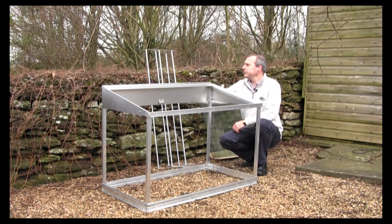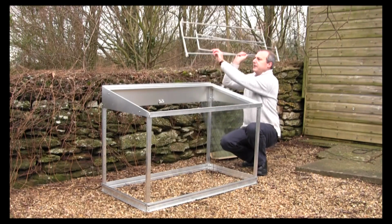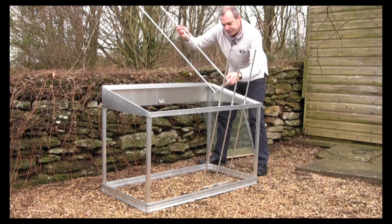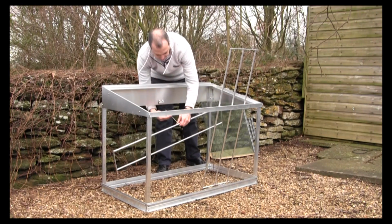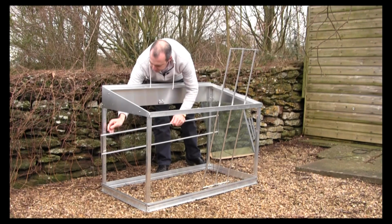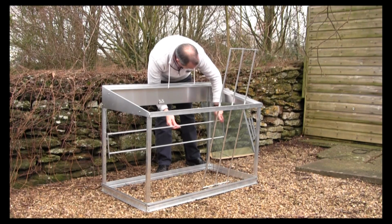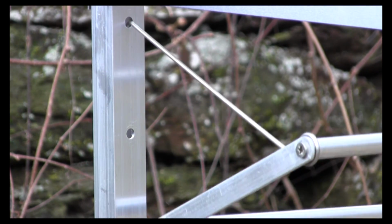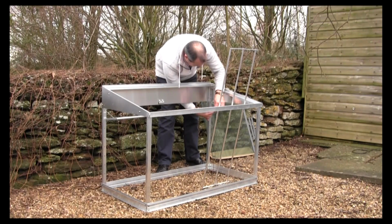So we've got two sea tray shelves with this half grow house, and we've got a narrow one and a deep one, and we're going to just put the narrow one in at the top. We could put it either way, but we're going to put the narrow one in at the top, and we're just going to use the very top hole that we've got available on the back. So you hook the stainless steel hooks in, and then you just fold the shelf up and then put the slots in the very next hole down,